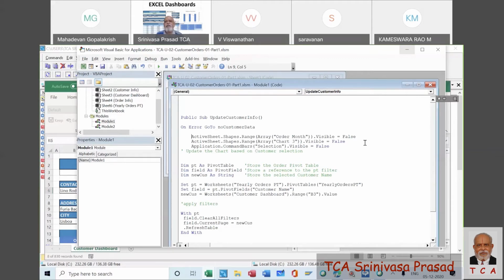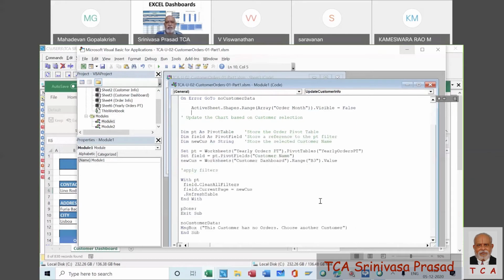So as Mr. Viswanathan said rightly, we don't want these charts to appear. So I will take these things, cut it, and then I will come to here, the message box, and I will now add it here.